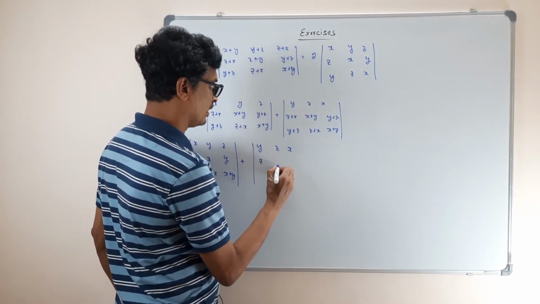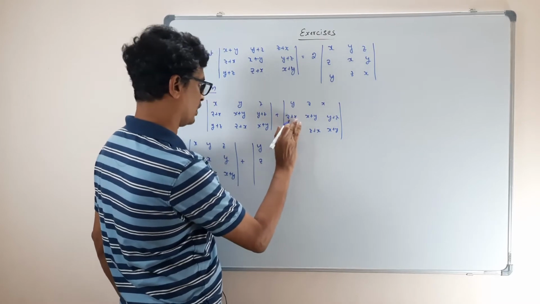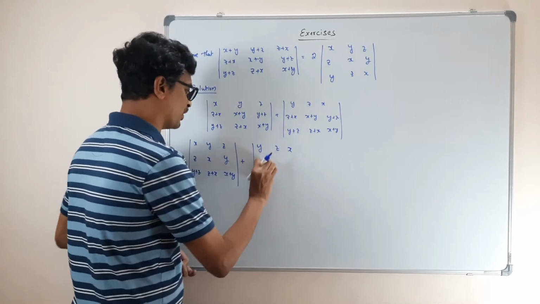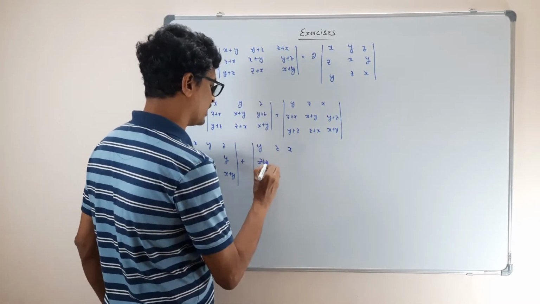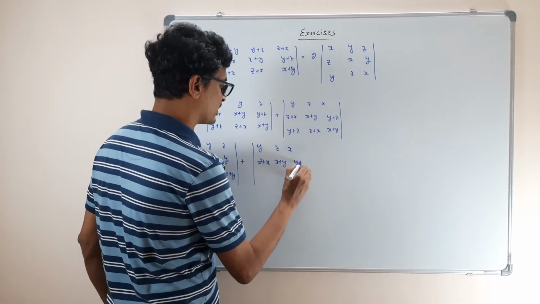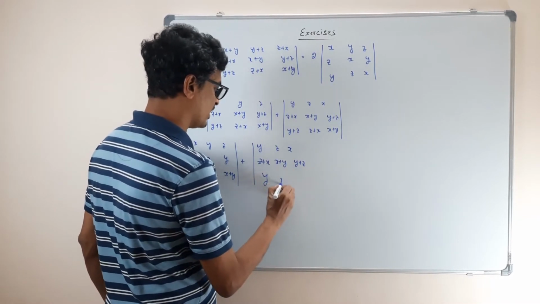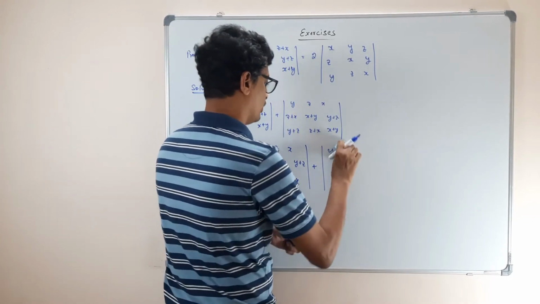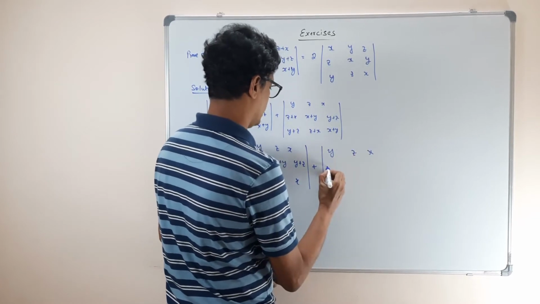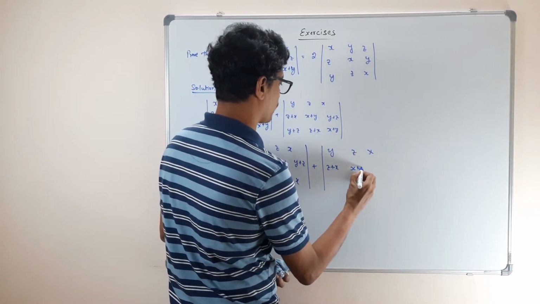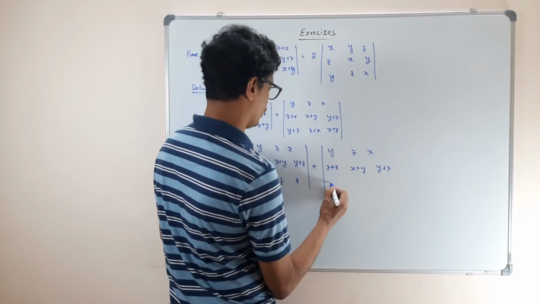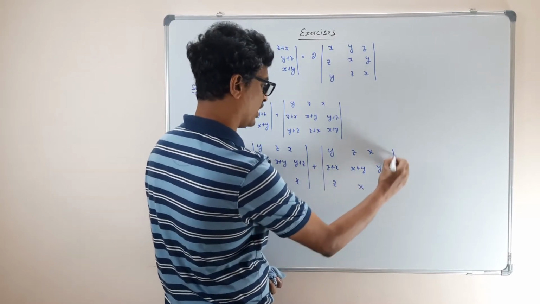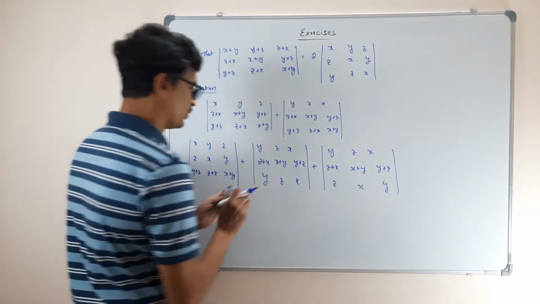We can take out the bottom part, right? No, the bottom row. If we split the bottom row, again that also will become 0, right? So let me take z plus x, x plus y, y plus z, and this will become y, z, x plus y, z, y, z, x, z plus x, x plus y, and y plus z, and this will be z, x, y, correct? So this goes to 0 again. So we are having only these two.